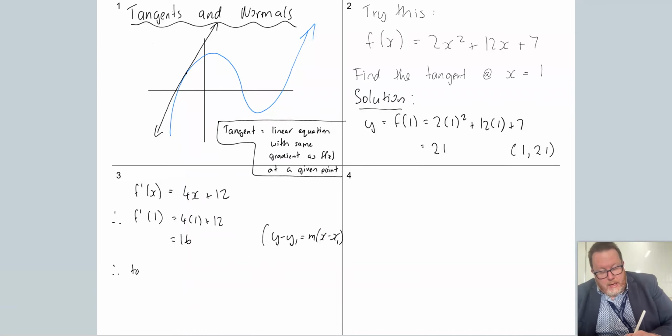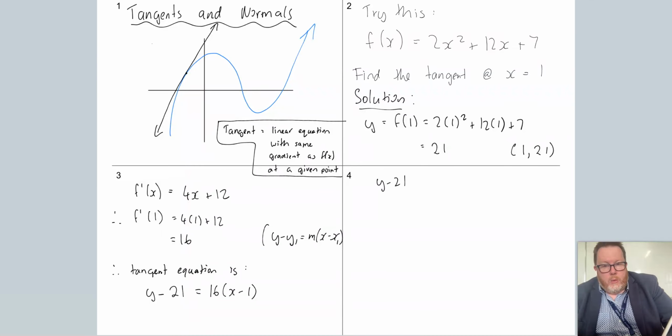So therefore, the tangent equation is, here we go, y minus, what was it, 21? y minus 21 equals gradient 16, x minus 1. Okay, so that means, I'll go on to slide 4, might as well. So that means that y minus 21 equals 16x minus 16. And I'm going to add 21 to both sides to get y is equal to